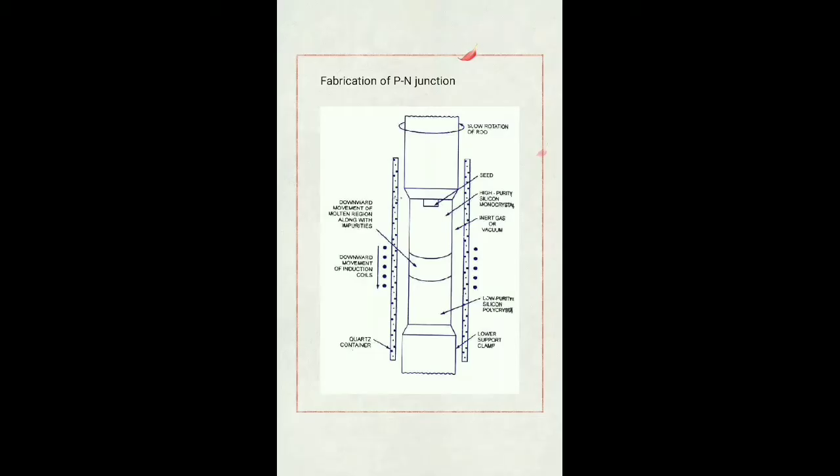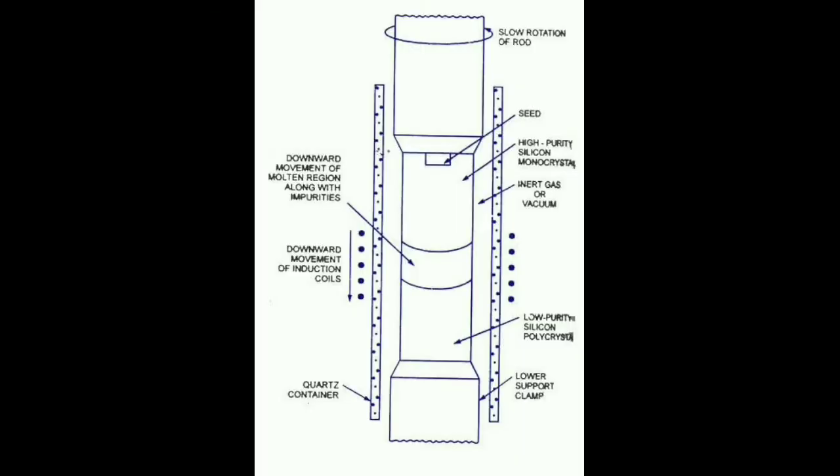The fabrication of p-n junction requires a highly developed semiconductor technology. Some of the most important techniques are discussed. Number 1 is thermal oxidation, number 2 is the grown junction technique, number 3 is the alloy junction technique, number 4 is the epitaxial technique. To start this process, semiconductor materials available in the market are purified by a technique known as multiple